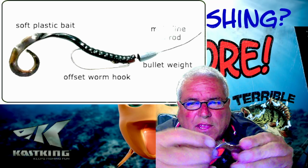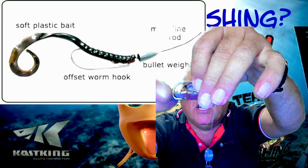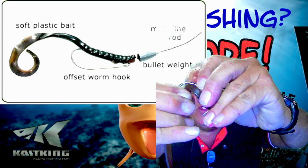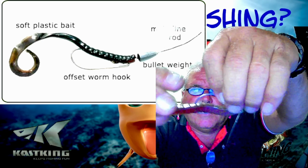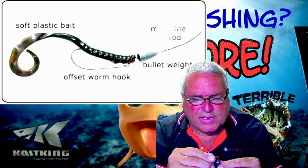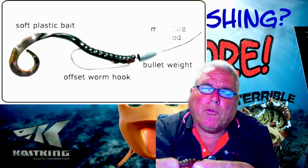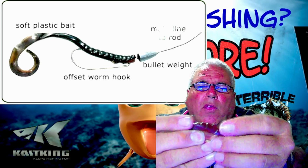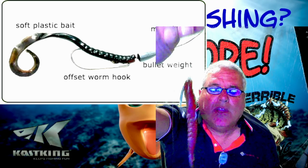And notice that I'm going to pull the worm to where it's flush, pinch my finger to it, and then push the hook through where my finger was. So it lays flat. And that is the weedless hookup. And I'm going to put the hook just a little bit into the worm. And that's it. That's weedless now. I could pull this through,